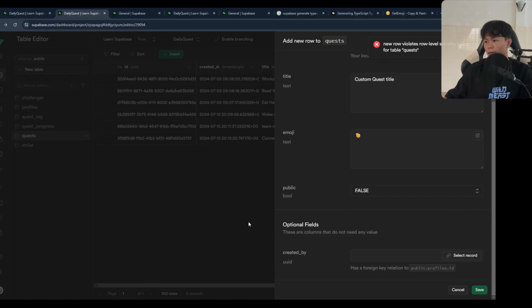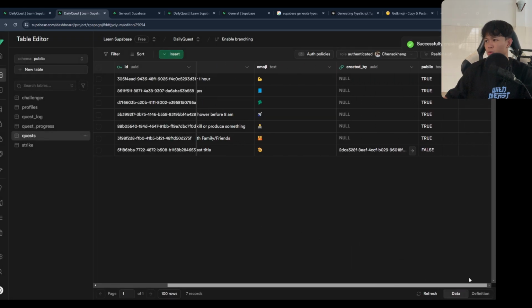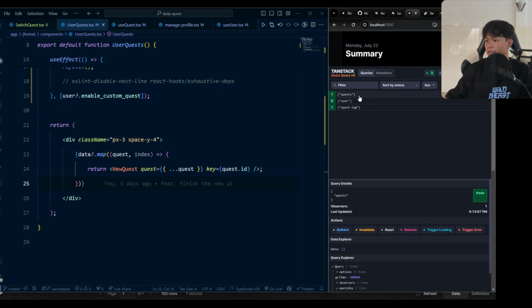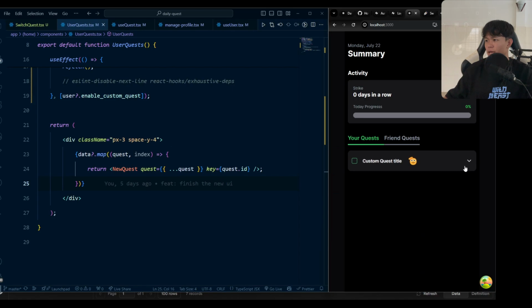Since I impersonate this one, okay, maybe I need to click again. I'll try to save this one so you can see we have this one created by this user. And if we go back in here, if I invalidate the quest right now, as you can see, we have the custom quest,